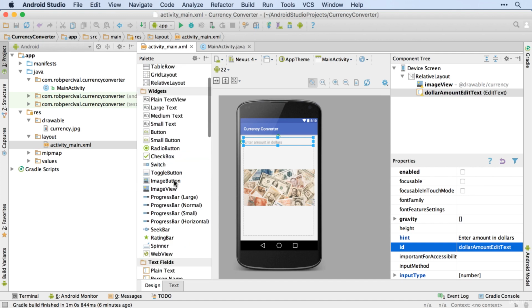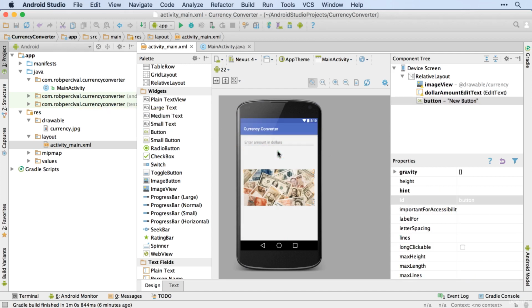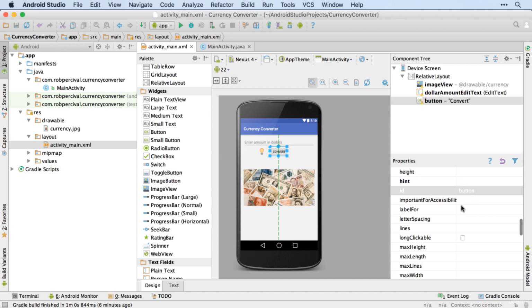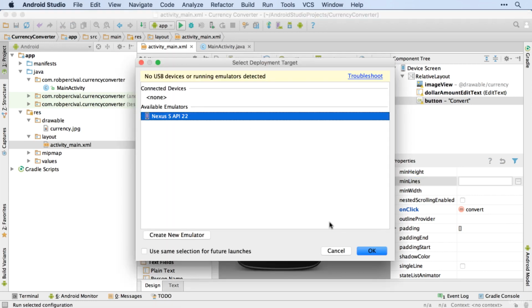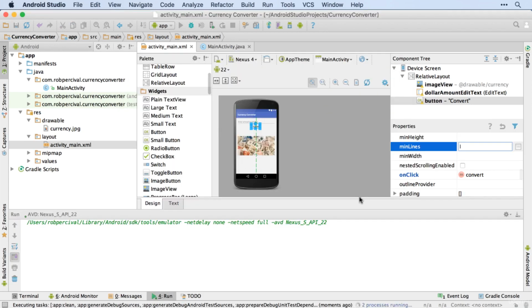Excellent. And then the only other element we need is a button. So I'll drag this to the center and then just underneath the edit text, and I'll change that to convert. And then we'll find the on click. There it is. And I'll just call it convert. Great. I'll just set that to run in the background. And then while it's running, we'll go over and write our code